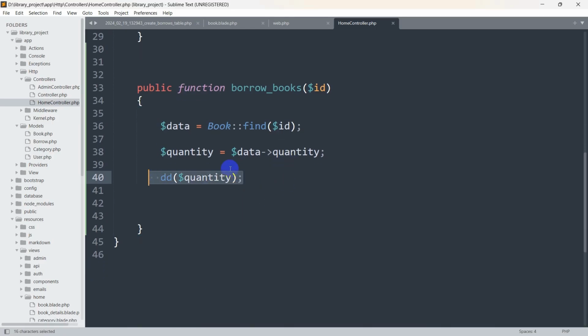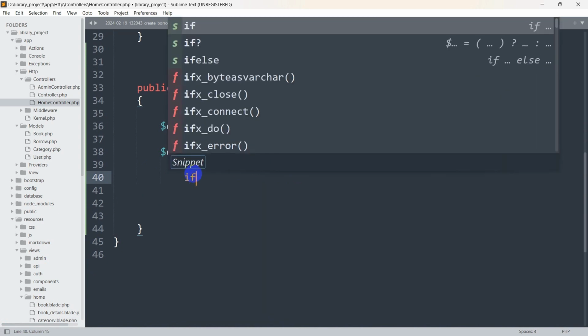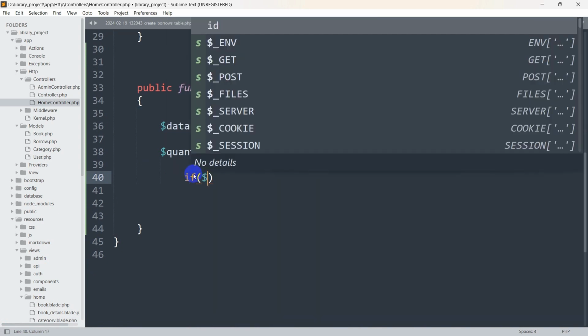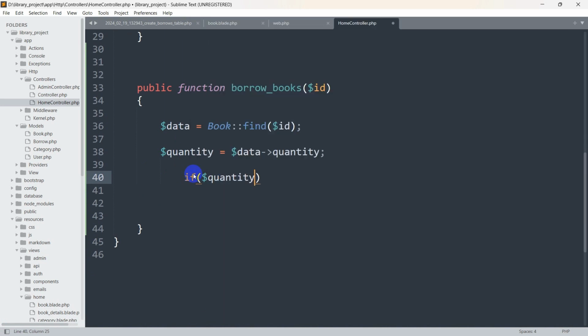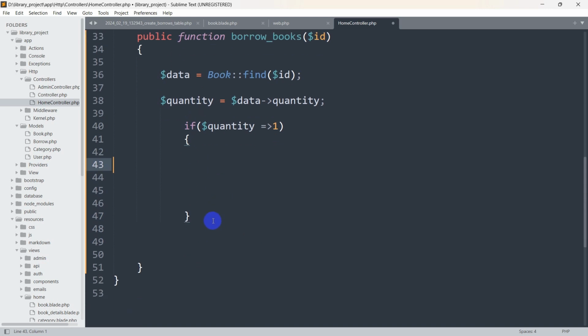So we are about to get the book quantity in the controller. Right now, let's remove this TD over here and we'll give an if condition: if $quantity is greater than or equal to 1. If it's higher than 1, then we'll let the user apply for a book. Otherwise, we'll say else